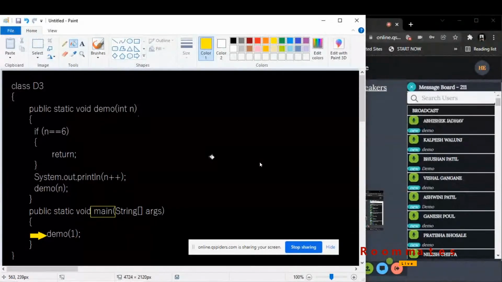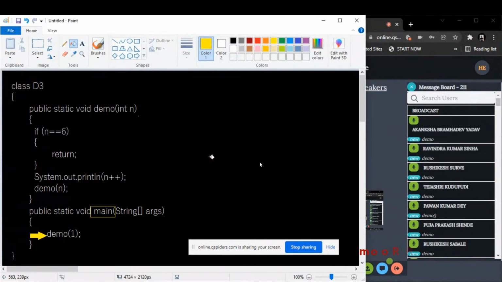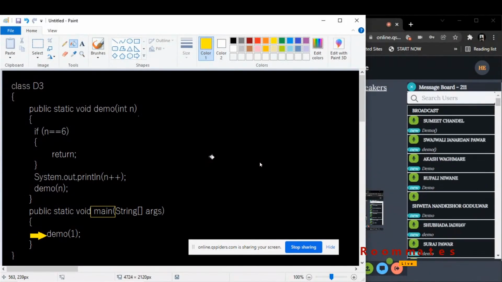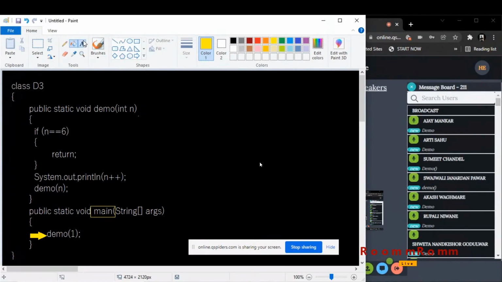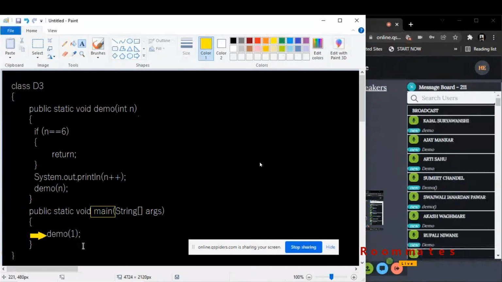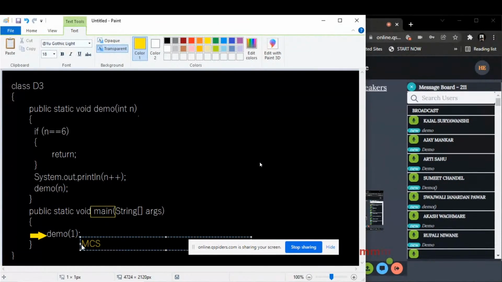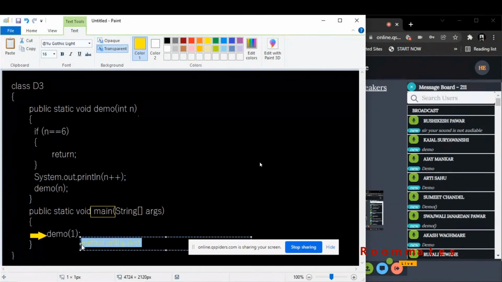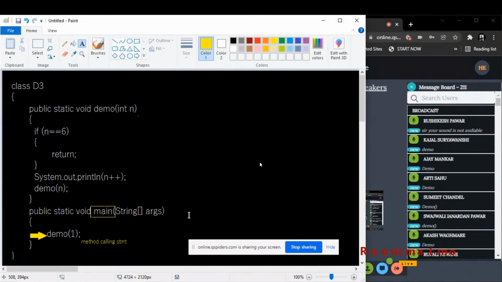Demo is the called method. So when it sees this method calling statement, I'll write it here. This is called method calling statement. When a method call statement is there,